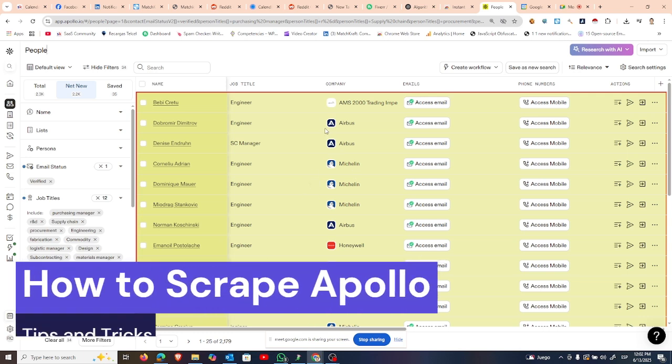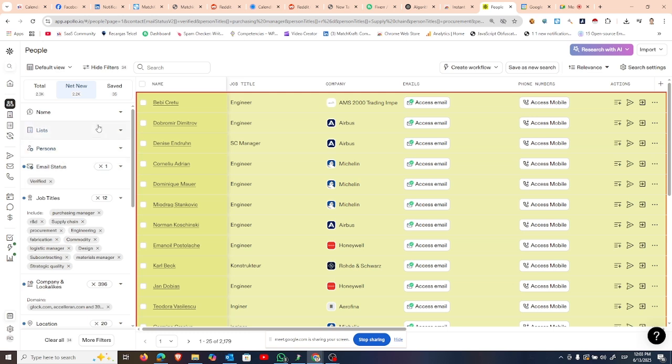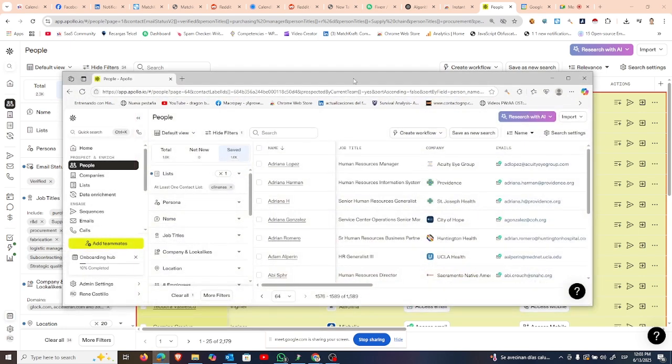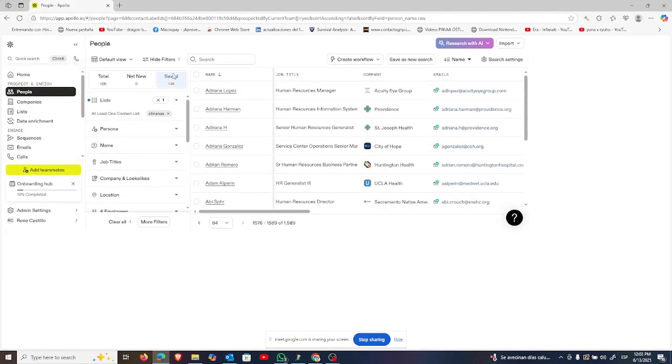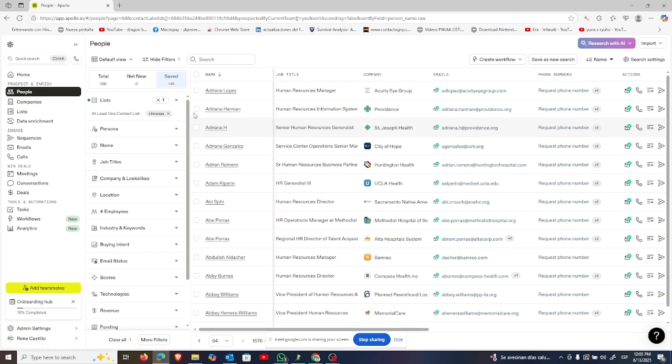Yeah, I think you can see Apollo right now, right? So you can see Apollo, and this is a free account. It's not a paid account, but I really recommend, if you want to go serious, that you purchase a premium account, right? So here I have a premium account, and that means that I can do more than